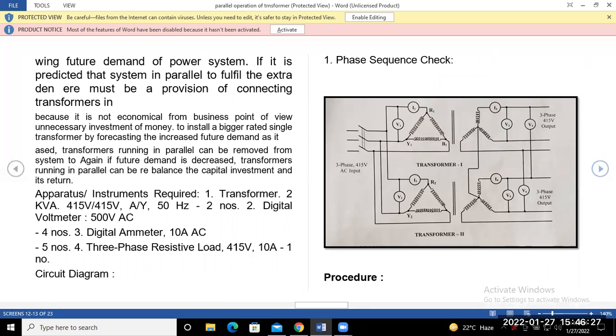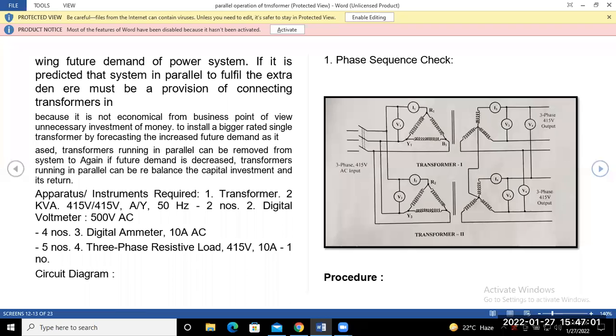So what is the apparatus required to perform this experiment of transformer? Okay. So that means you require at least 2 transformers. Okay. The parallel operation हम लोग लैब में परफॉर्म करने जाएंगे. So what are the apparatus required to perform this experiment? क्या क्या जरूरत पड़ेगा? 2 transformers,